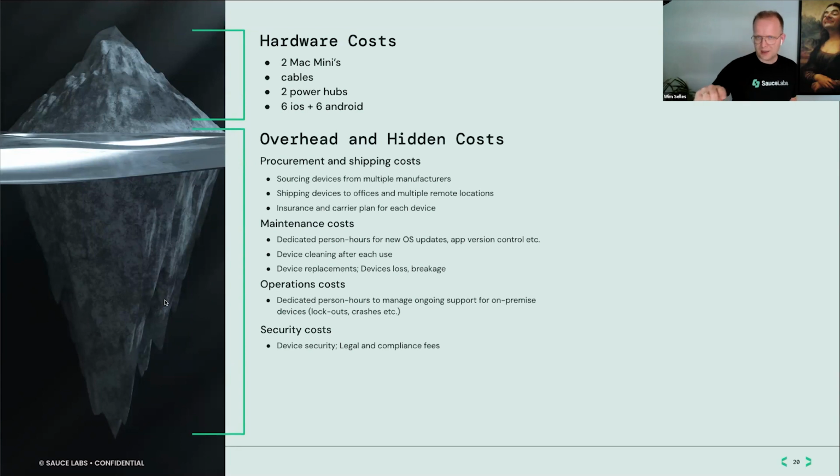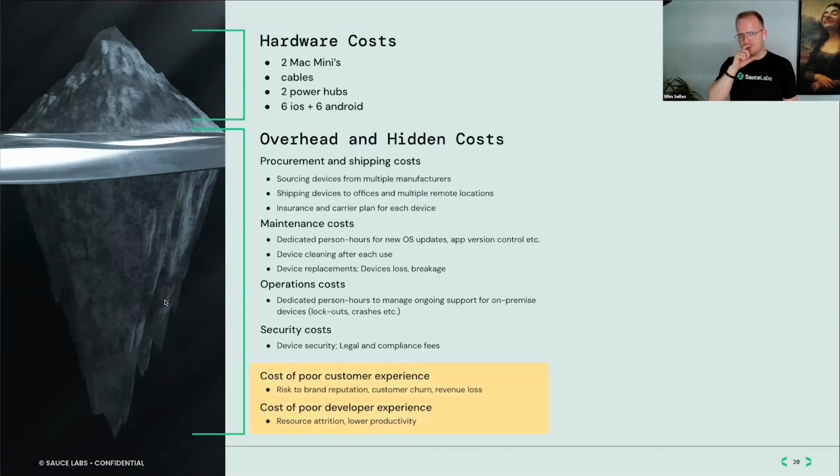But even, and this is the bottom of the iceberg, something that people are not thinking about is this. If you're not testing your application properly, what are the costs of the poor customer experience? If you're blocking yourself with your own grid, you're not able to test it because the devices are down. So, well, then let's just take the risk and go to production. What do you think about your developer experience? Not specifically the developers developing the application, but also your testing developer experience. You need to create your test cases or run your test cases. You're not going to be happy, and we all know,